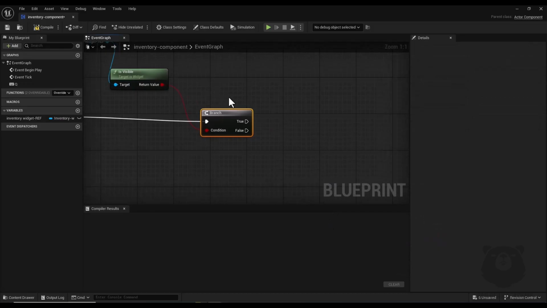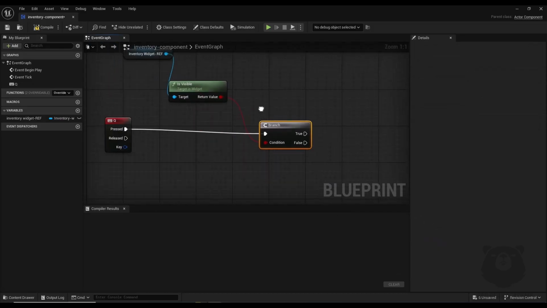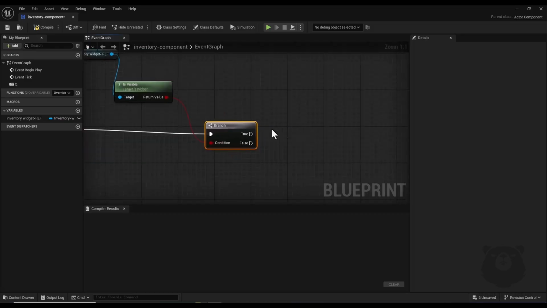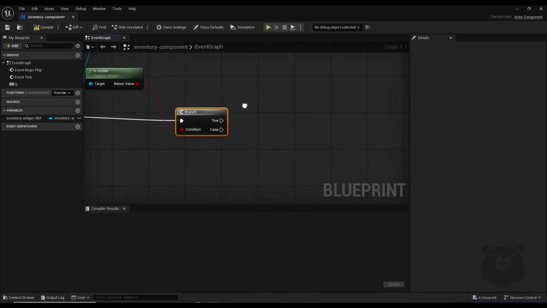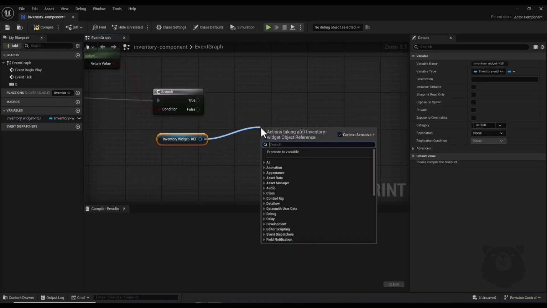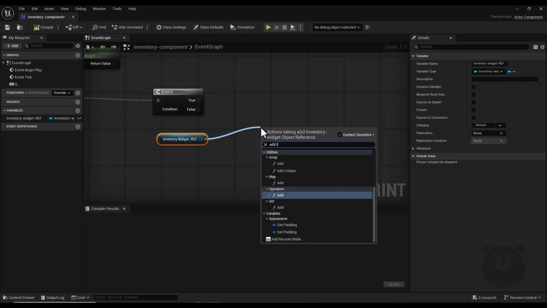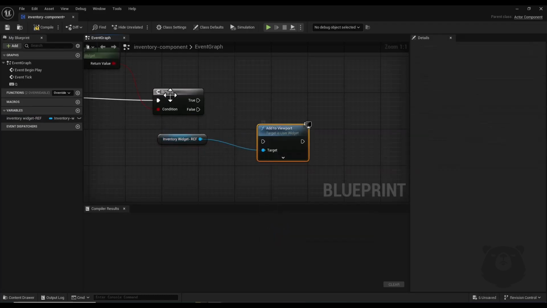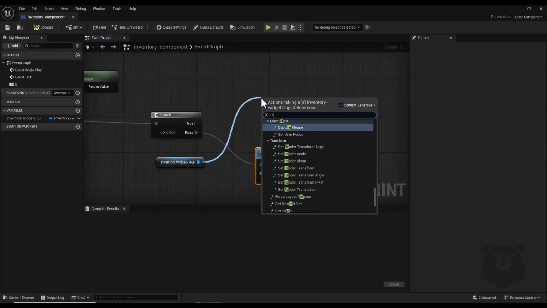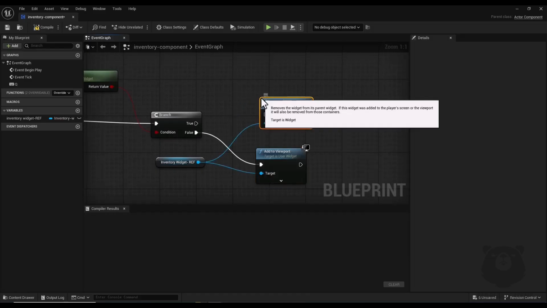And now if this widget is not visible, which means that this output is false, I'm going to show this inventory widget. So simply here I drag a node and search for add to viewport and connect it to false section, and for true section here I drag a node and search for remove from parent and connect